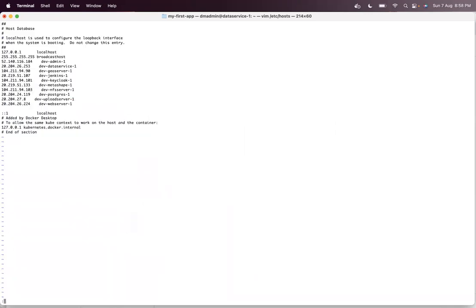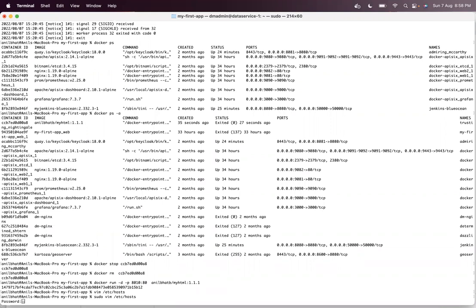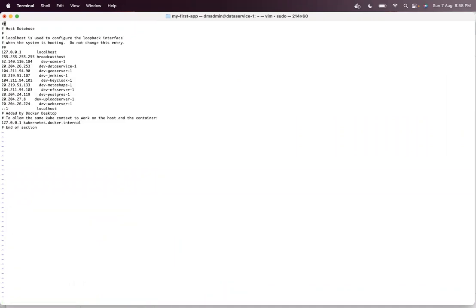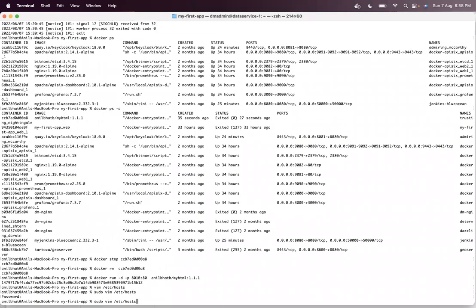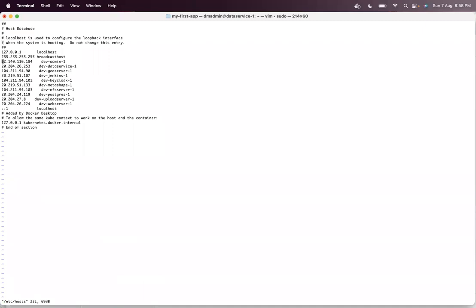So you can play with your etc hosts to map to some other name.